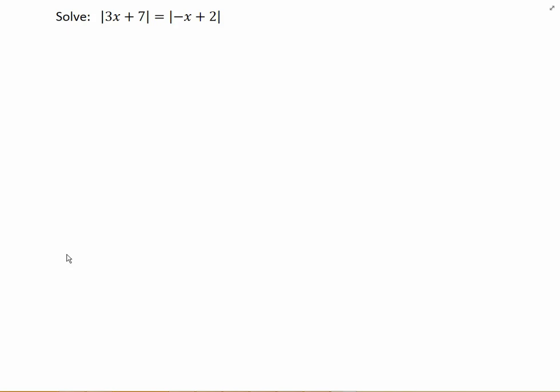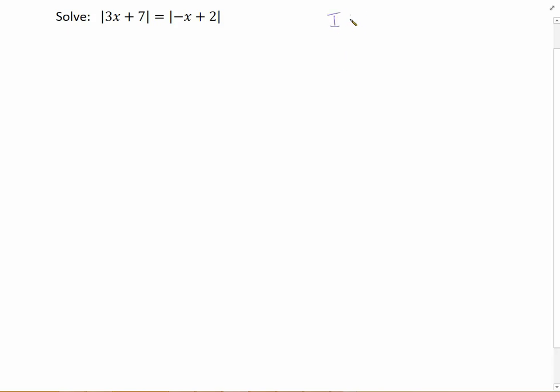Solve the equation, the absolute value of 3x plus 7 is equal to the absolute value of negative x plus 2. If we have an equation that has an absolute value on both sides of the equation, it turns out that